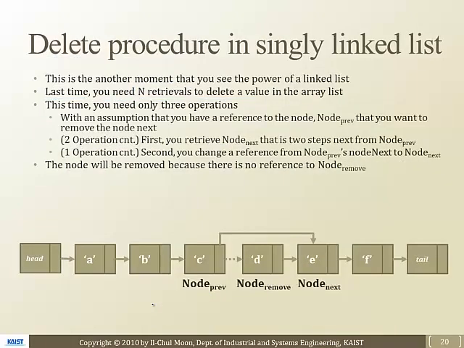Okay. How about the delete procedure in the singly linked list? This is another moment of power that you see in the linked list. Last time you needed N retrievals to delete a value in the cell array. However, this time you require just 3 operations. If you want to delete D here, you navigate through by using the next node: A, next node B, next node C, next node D. You see D, and then you store this node C as node pref, and D as node remove, and